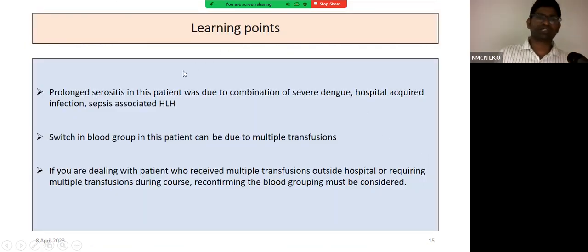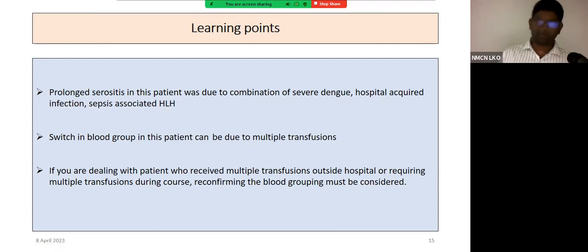Learning points from this case were: prolonged serositis in this patient was due to the combination of severe dengue, hospital-acquired infection, and sepsis-associated HLH. The switch in the blood group in this patient can be due to the multiple transfusions. And if you are dealing with a patient who received multiple transfusions outside the hospital or requires multiple transfusions during the hospital course, reconfirming the blood group must be considered for the safety of the patient